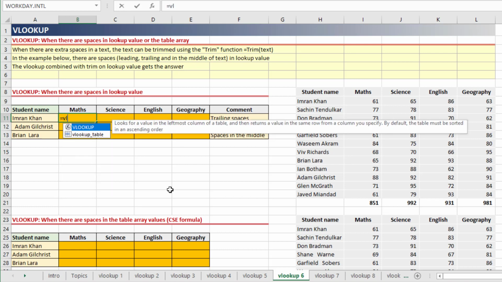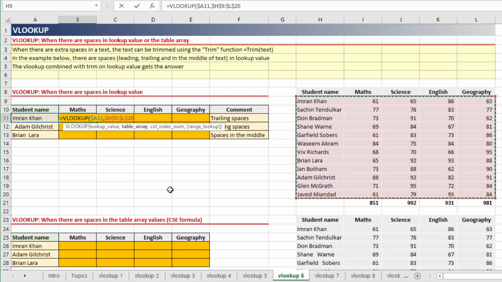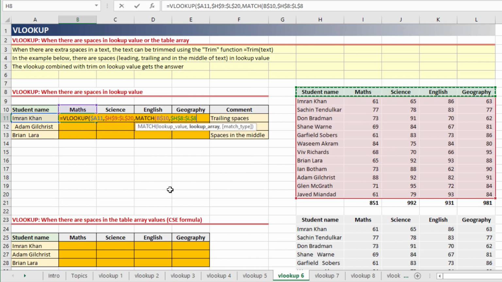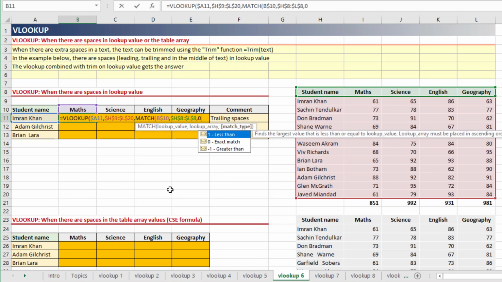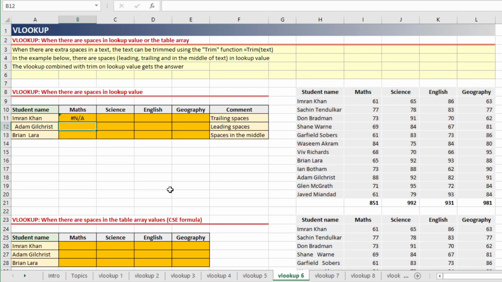If I apply a VLOOKUP formula directly on this cell A11, and I want to refer to this table, lock it, and suppose I want to use MATCH as well, and I use FALSE for exact match, I still get an